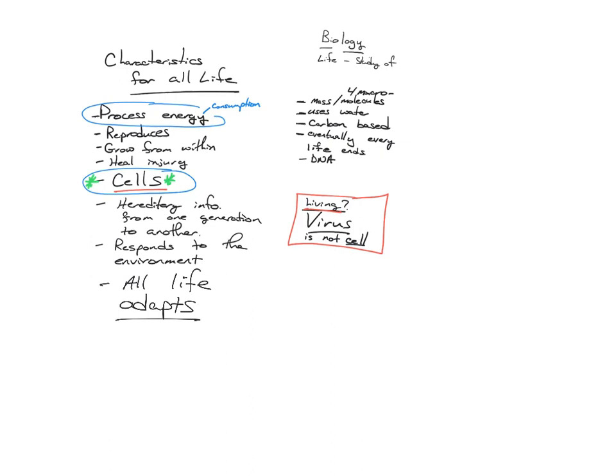Now, there's two ways to adapt to the environment, right? Like you put on a coat if it's cold, or, for instance, there are some species of rabbit that in the winter turn white. Their coat turns white. In the spring, their coat turns gray. Now that makes sense, right? They're adapting to the environment. But those are just genes turning on and off. But there's another kind of adaptation.